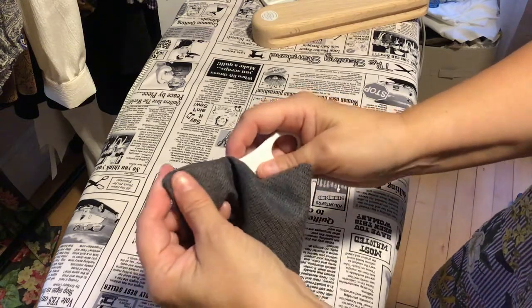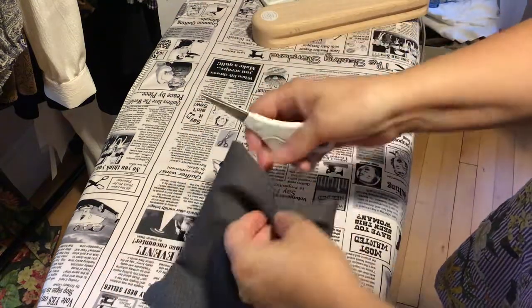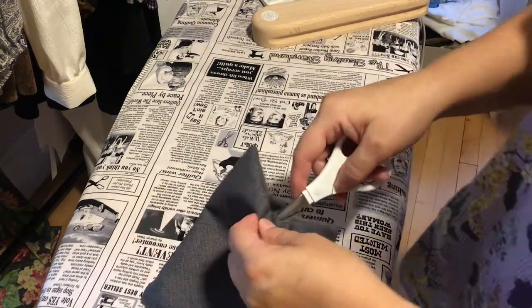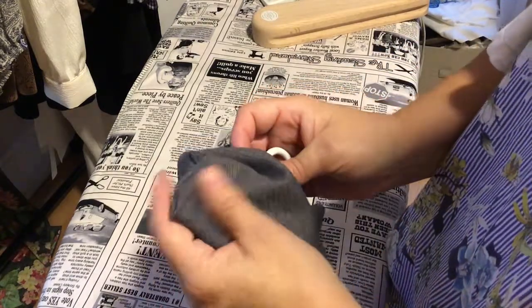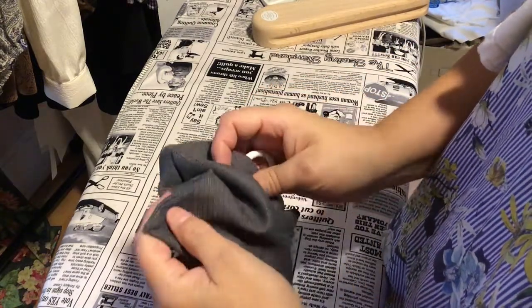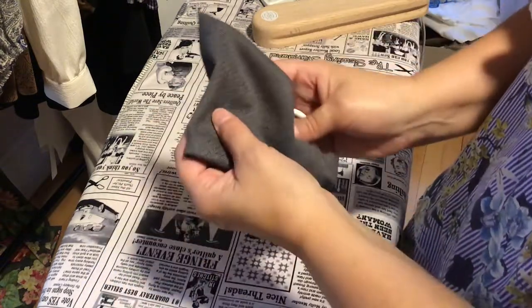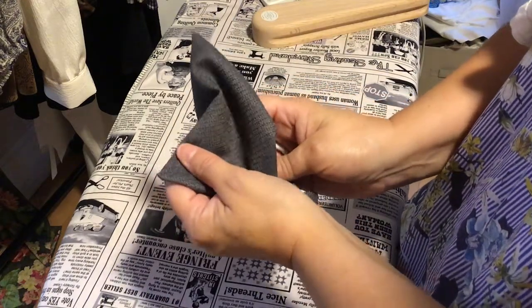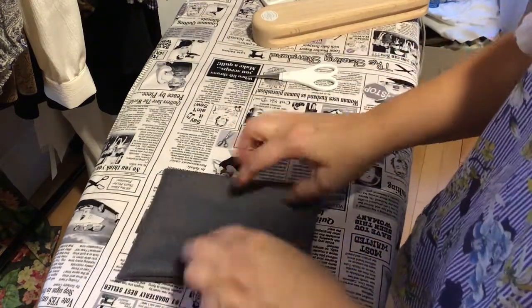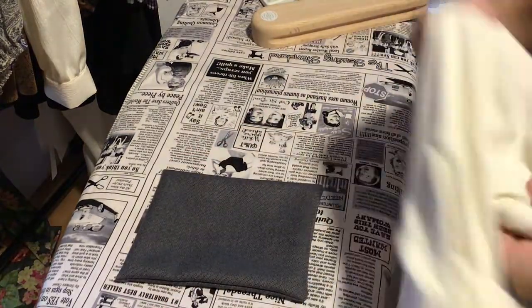Same on this side. Okay, that one turned out real well. And this here. Okay, so now that my pocket is turned, I'm going to cover it with a press cloth. I'm just using a towel